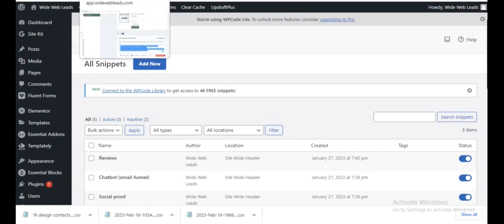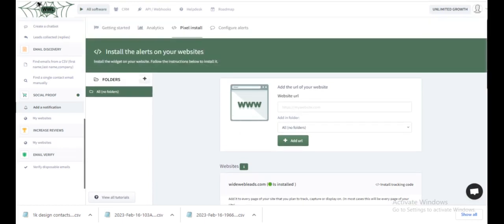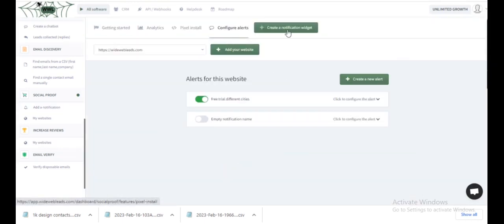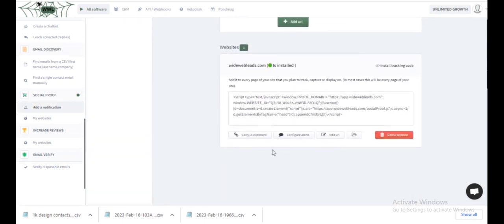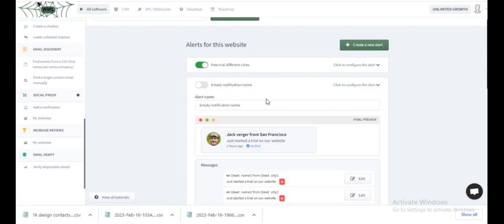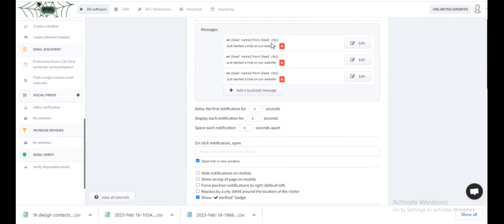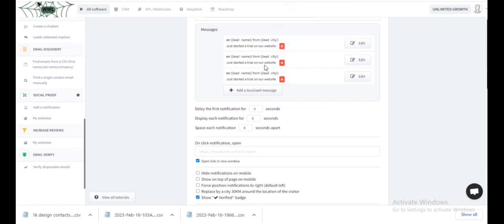Once you paste that, you'll be able to see if it's installed with this green light, and if it's not installed, it'll be orange. So to configure an alert, we just create a new notification, configure alerts for that, go down, and then add in all of the reviews that you've received from either past clients or from Facebook or Google.